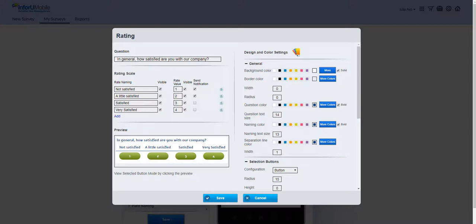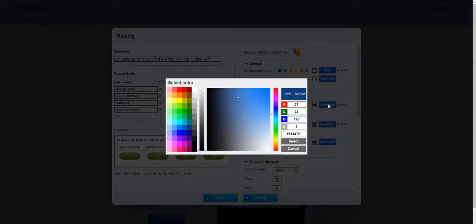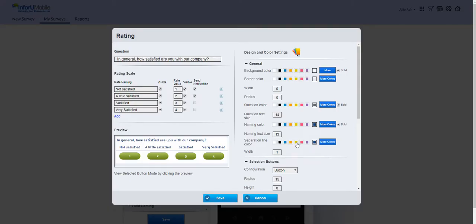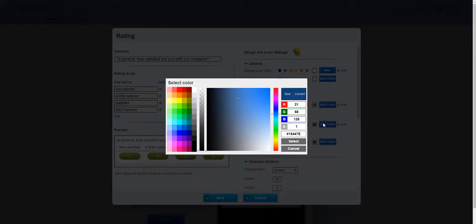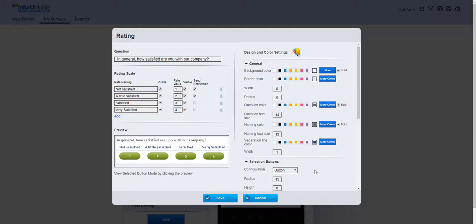Let's demonstrate a few of them. To change the question color, I'll go to question color, more colors, and we'll pick the color of my choice. The color has been updated in the preview panel. I'll now move on to changing the color of the naming. As we did before, updated. I'll move on to taking care of the separation line,